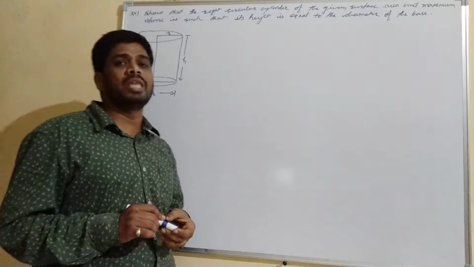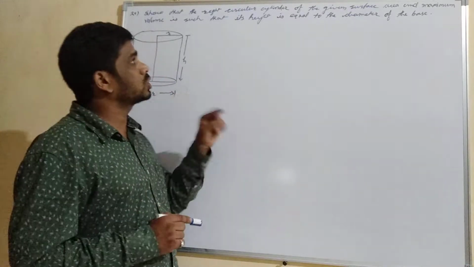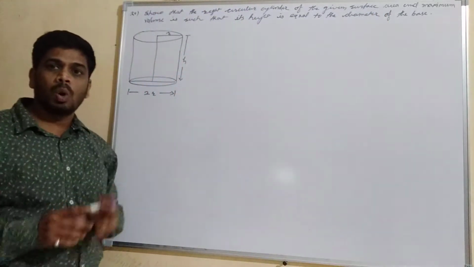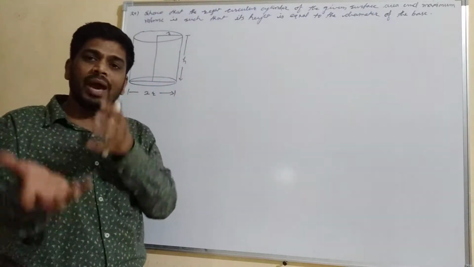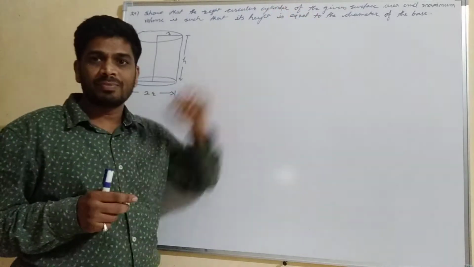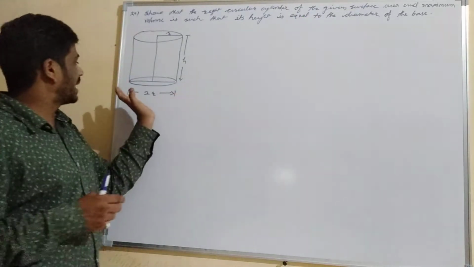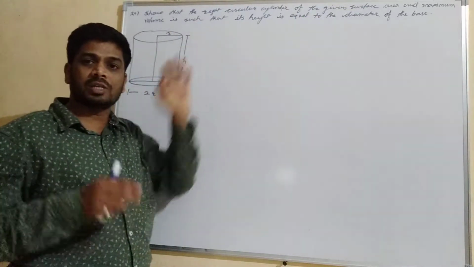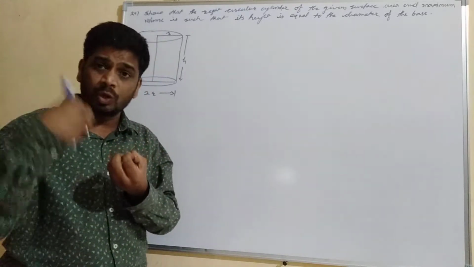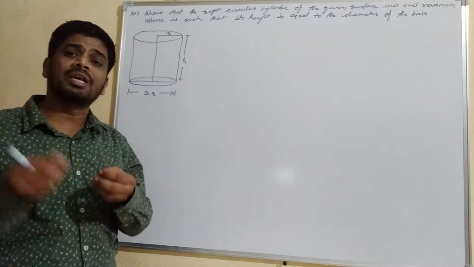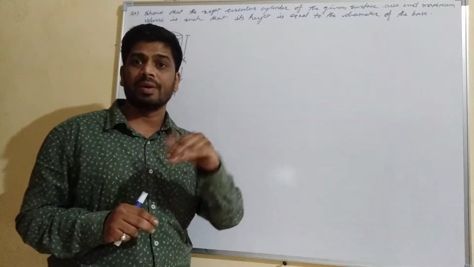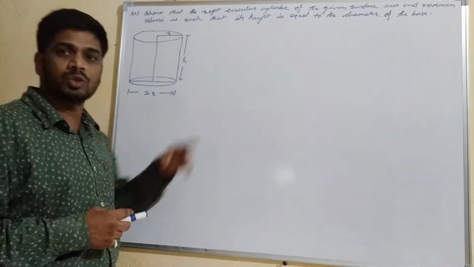So in every question there will be given something. Here also, what is given? The surface area is given of the cylinder. So always we have to try to convert the equation in the given form, because here the radius will be also there, height will be also there, so there will be more variables. So reduce the number of variables, you can convert in the form of given, because that is constant. That will be constant always. Whatever is given. So here surface area is given, so it will be constant.